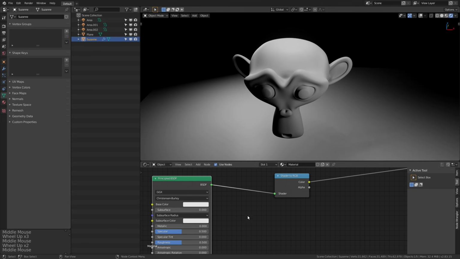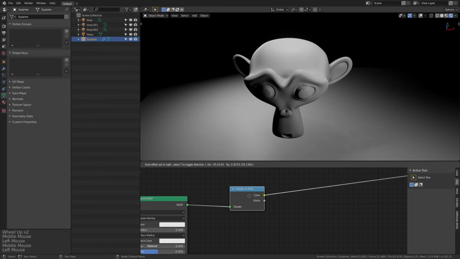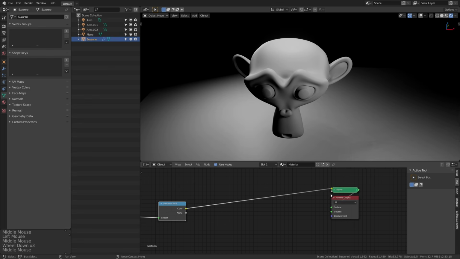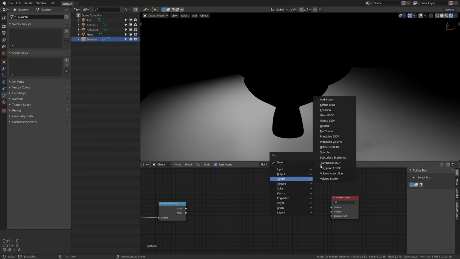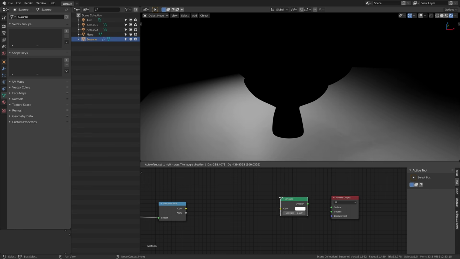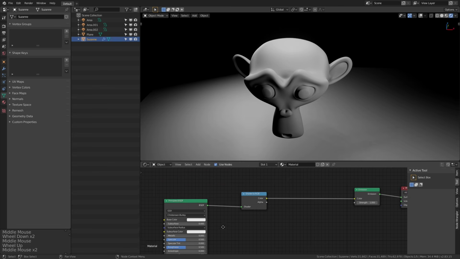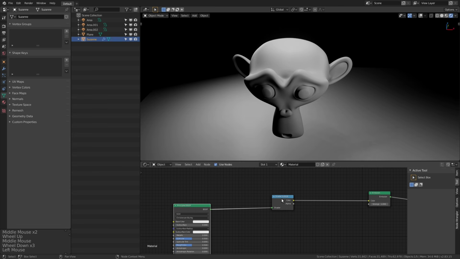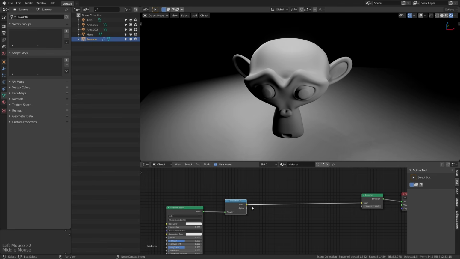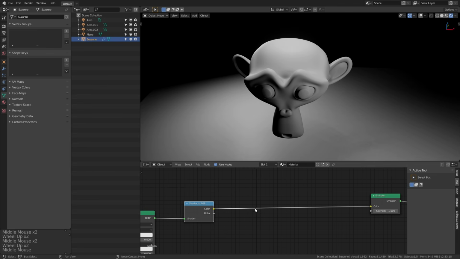But what has happened in the background is we've actually got a shader output and we've converted this to a color output. So this viewer, all it really is just an emission shader. Let me delete this and just show you with an emission shader. So we basically turn this shader into a color. So what we get is a lot of control back basically,